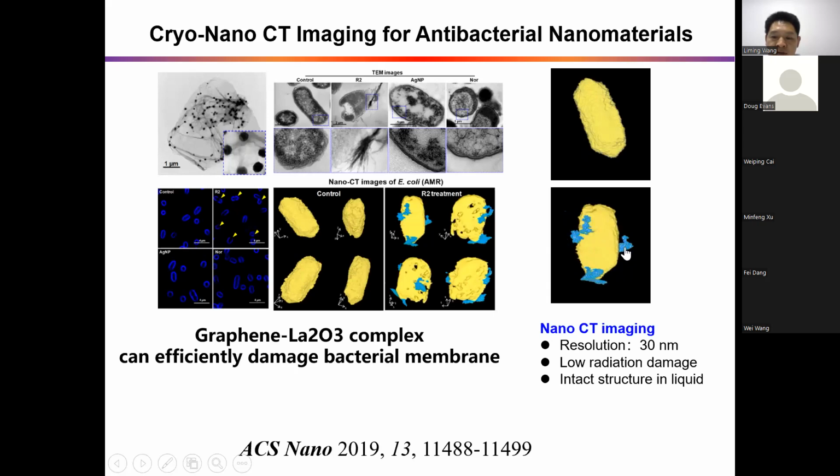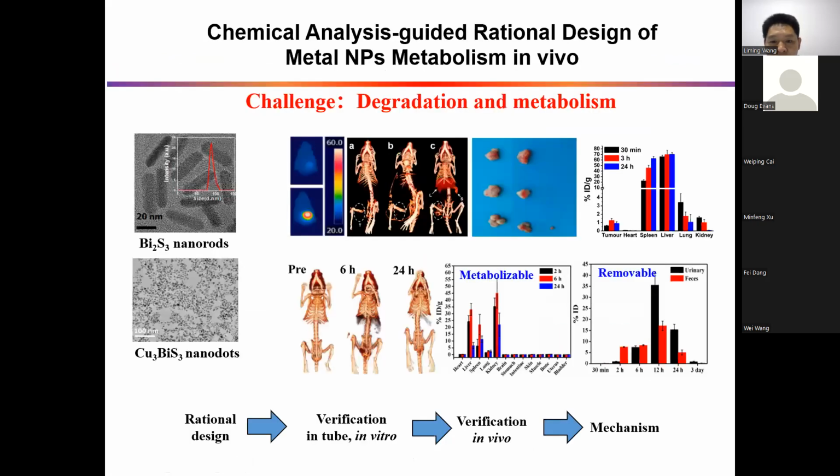This blue one is the nanoparticle that can directly target the surface and damage the structures. So this nano-CT shows very powerful information about how nanomaterials interact with the cells and the bacteria. Moreover, we can use X-ray based imaging to study what happens to the materials when they are degraded inside